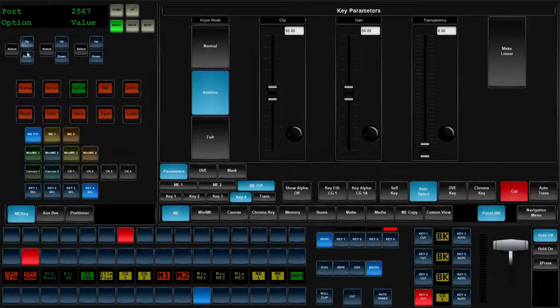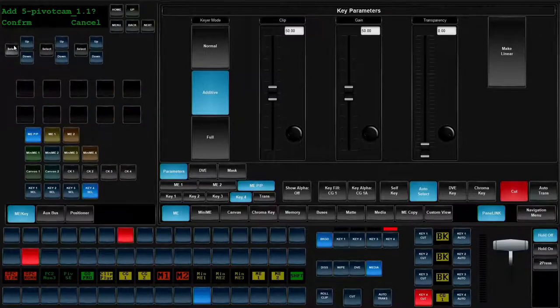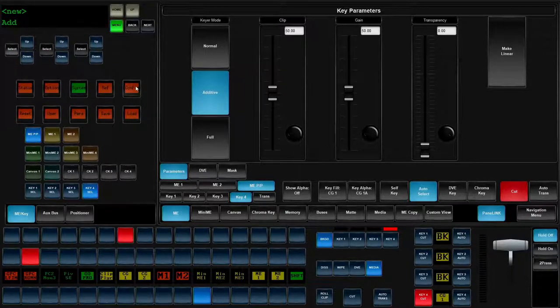You'll notice you have no other options. You click next, you're back. So now we hit select, confirm that device. We have to associate it with our Pivot camera. Hit the menu, config, input, and now we're going to scroll our input knob until we find our Pivot SE. I'm going to hit next till I have the device. I'm going to click select, and I'm going to find slot 5 Pivot cam.